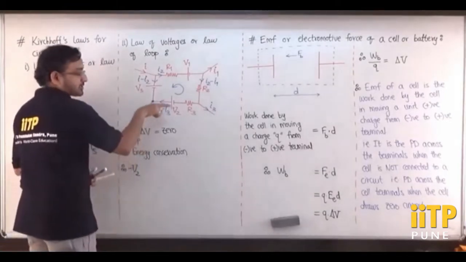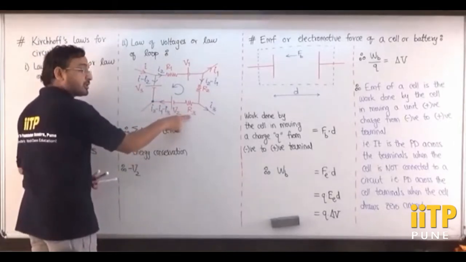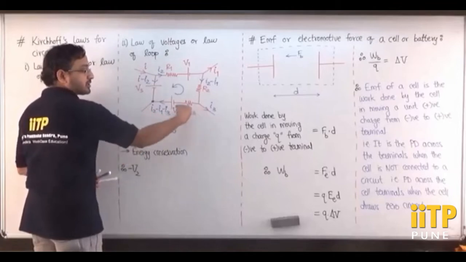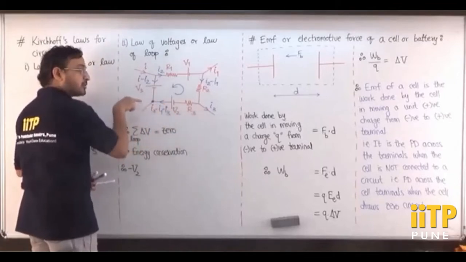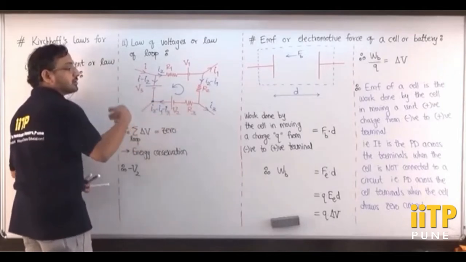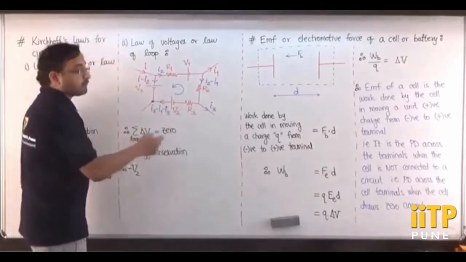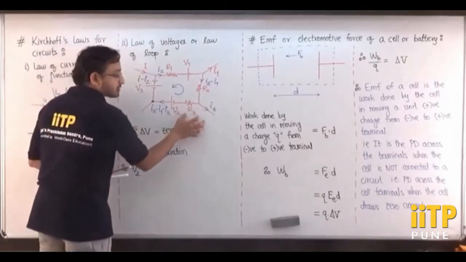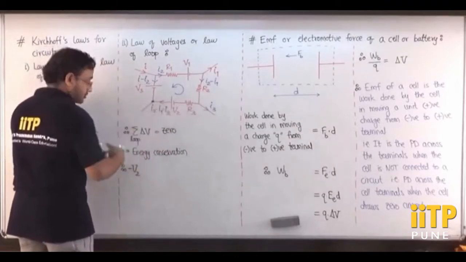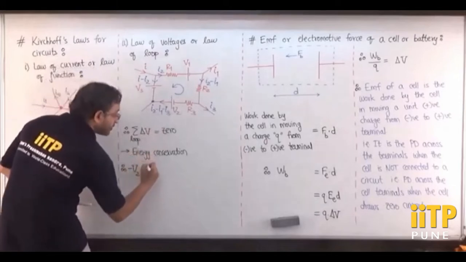Then I realize that I'm going over a resistor R3, but in the direction opposite to the current. The current in this branch is like that, but I'm going over the loop like this. Therefore, I'm going over R3 in the direction opposite to the current, and hence I should take the potential difference across R3 as positive, and using Ohm's law that will be equal to